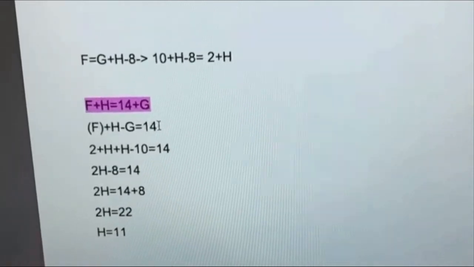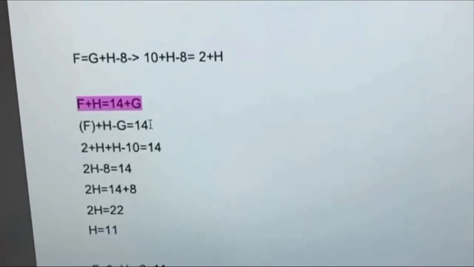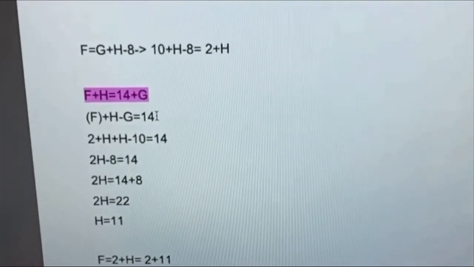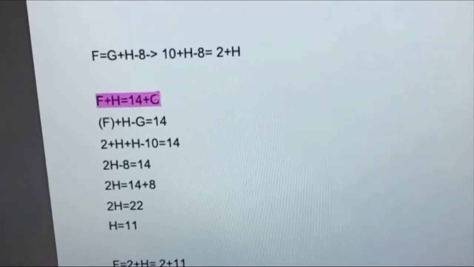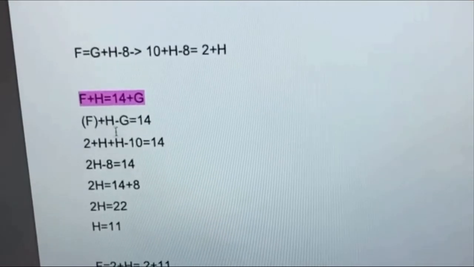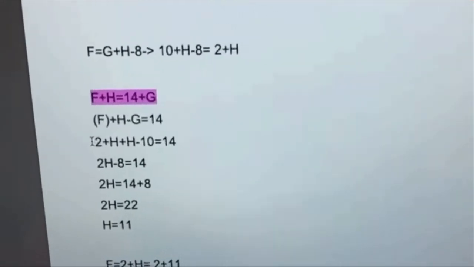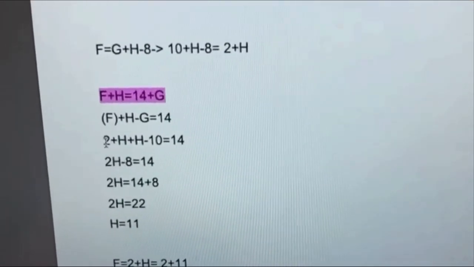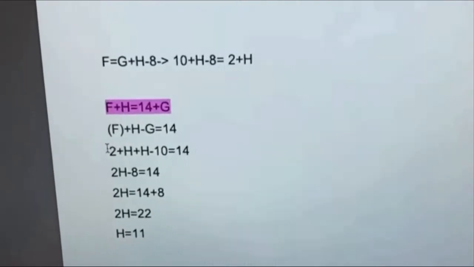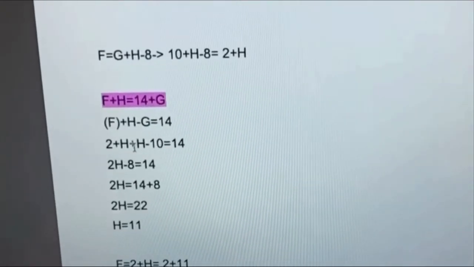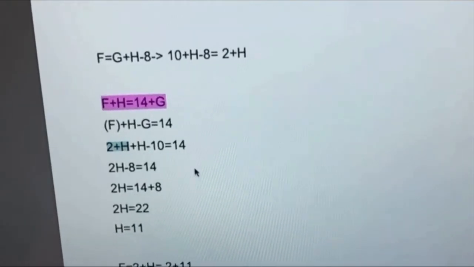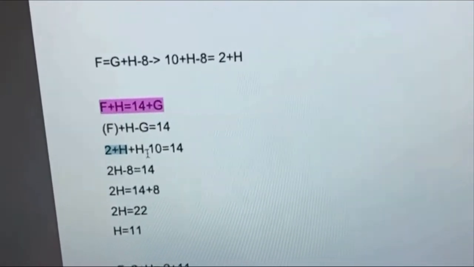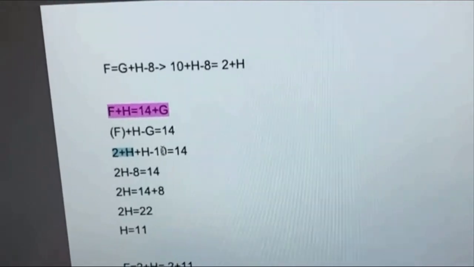So that is rearranging this equation, and I put f in brackets just to remind that we are going to replace f with its value in terms of h, so that f is equal to 2 plus h, this value over here, so this bit is f, plus h as it is, minus g, which is 10,